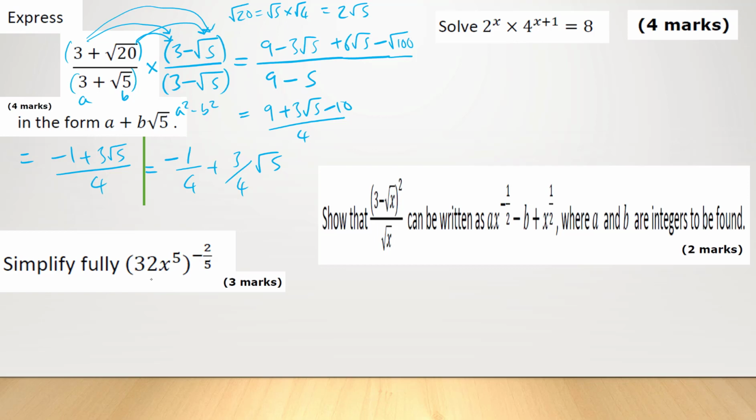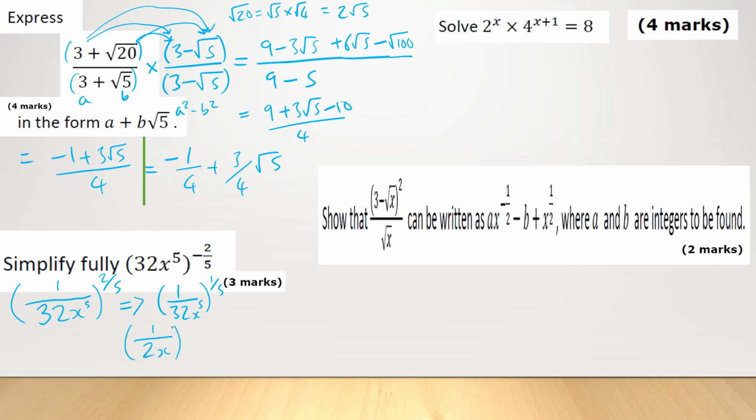Simplify fully 32x to the power 5 to the power of minus 2 over 5. So if we remember indices when we're doing fractional powers, we know we can change this to 1 over 32 x to the power 5 and 2 to the power 5. So if you want to split this up first, let's just do this. To the power of 1/5, and that will give us 1 over 2x,